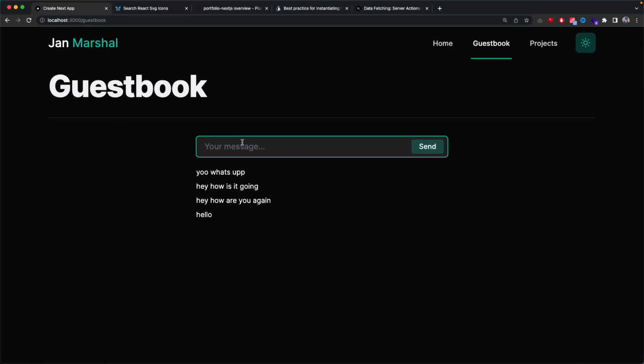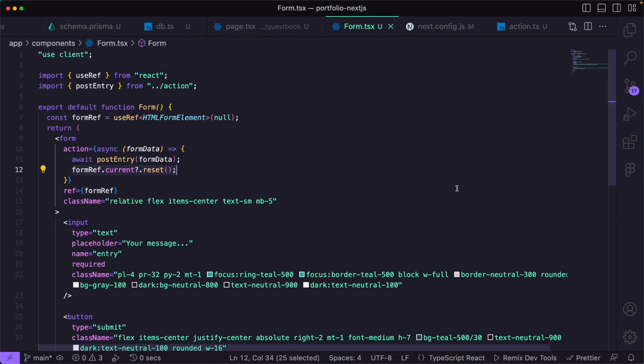So let's create a message of "does this reset?" And if I now click on send, you see it has reset everything and we see the message right here. Now the last thing I want to do is add a loading state, and to do that you will see